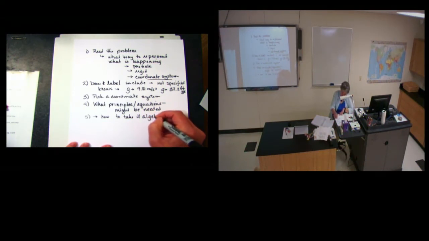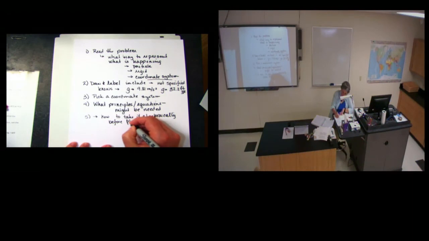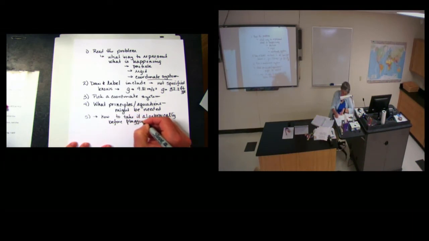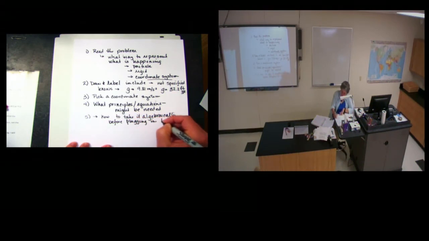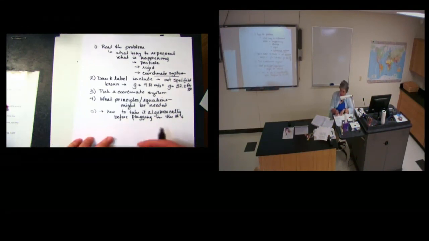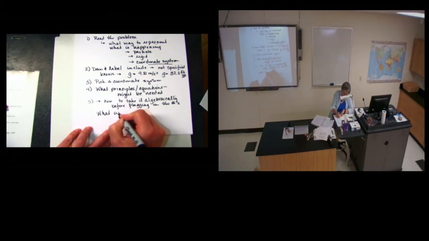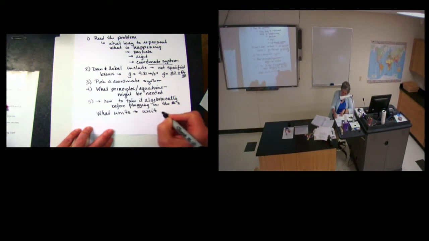So we're diving in, and we're going back and looking at position. Remember, position is related to where am I? And displacement is my change in position. So remember,